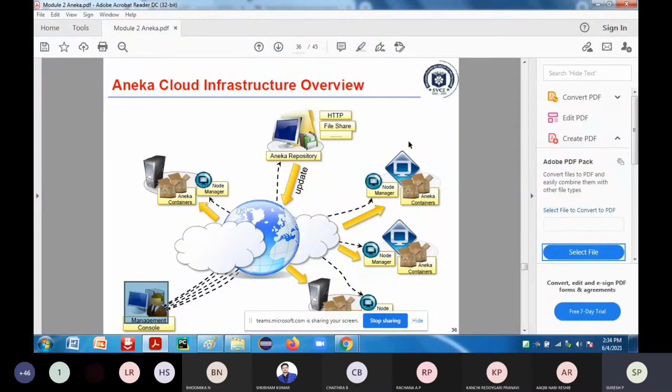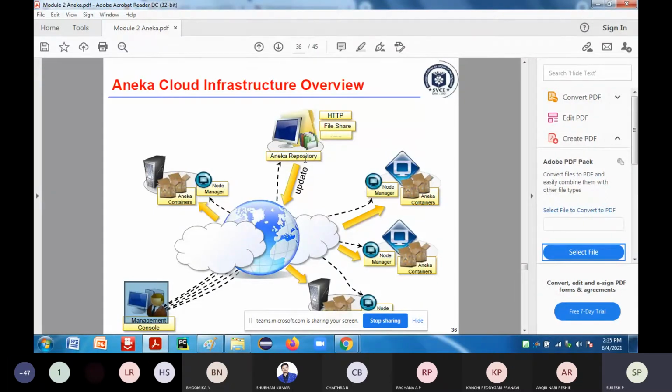So that means we are going to have the internet. When we talk about the cloud, all these components or resources are internally connected through the internet. Only once they are connected through the internet can they share the resources in an effective and efficient way. Here the management console will manage multiple repositories. The figure shows only one repository, but it can manage multiple repositories and select the one which best suits the specific deployment.